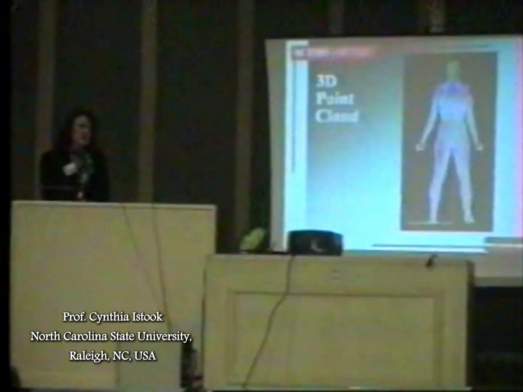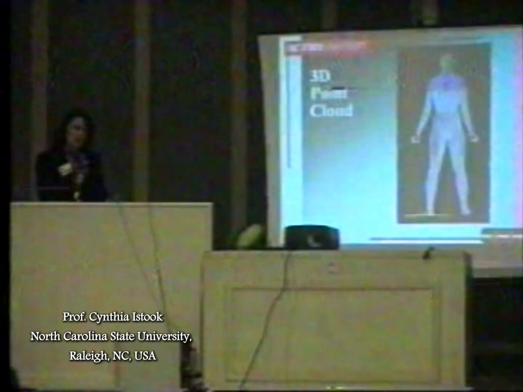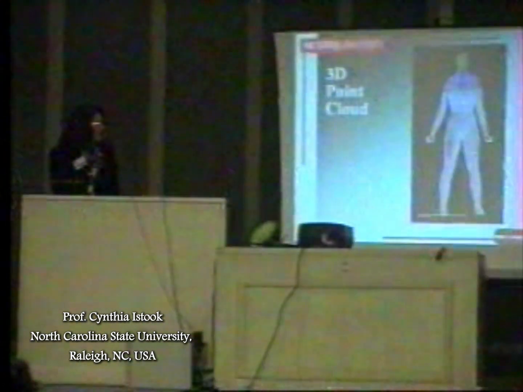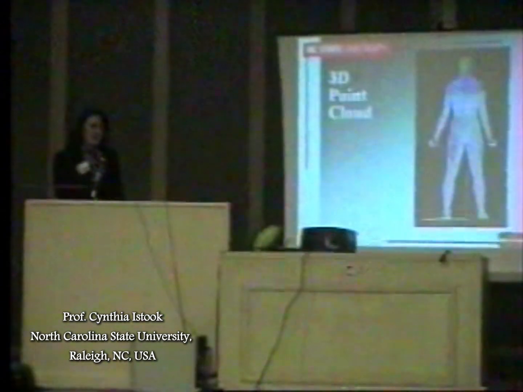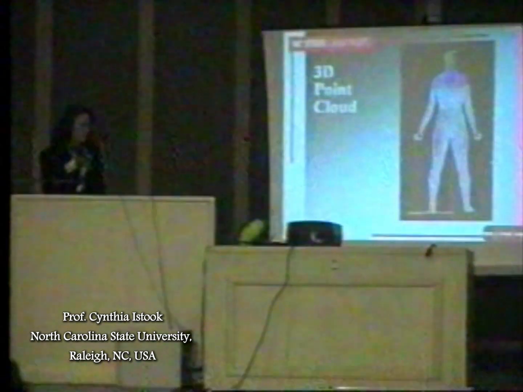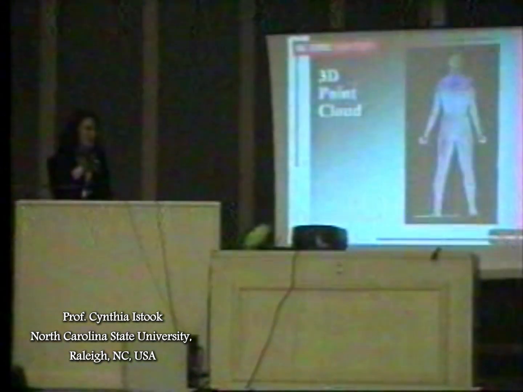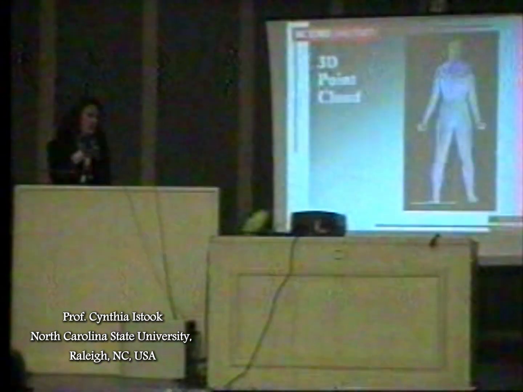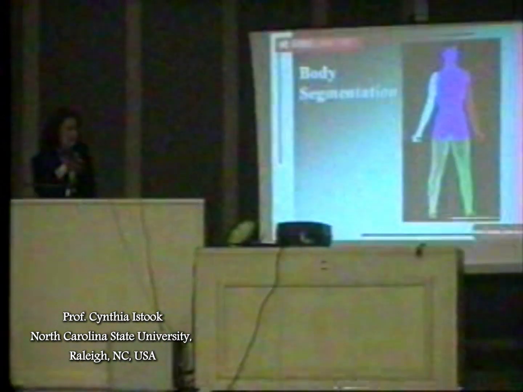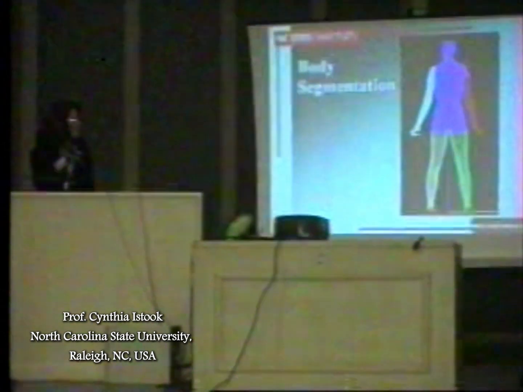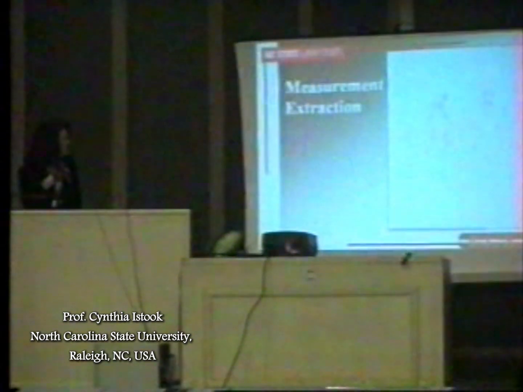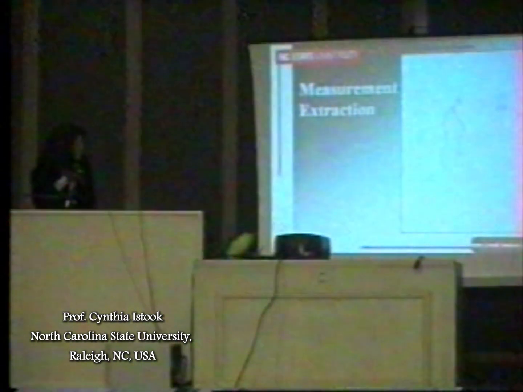Now, in the Wixon Wilson scan, you get a photographic image that you can turn around and you can tell who the person is. This particular image can be anonymous enough that nobody would actually have to know who the person was. But for the system to be able to figure out what the measurements are of this body, it has to divide it into arms and legs and torso, so it knows what the specific landmarks of the body are. And then from that,